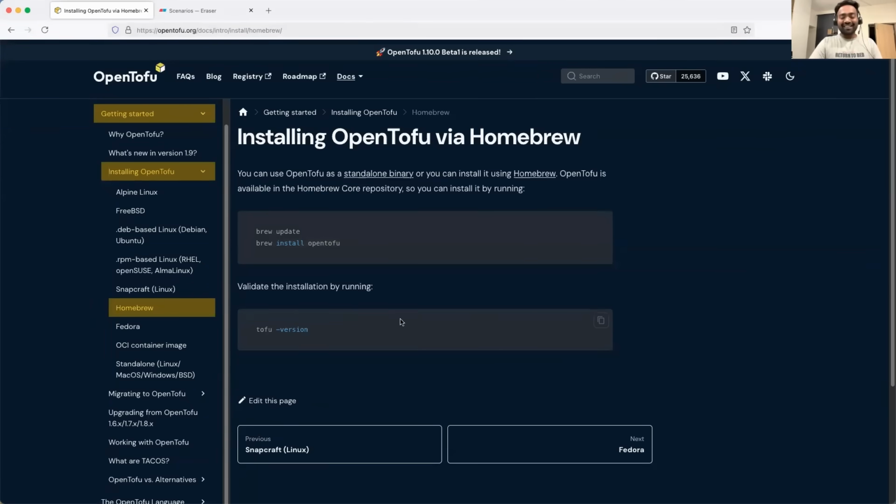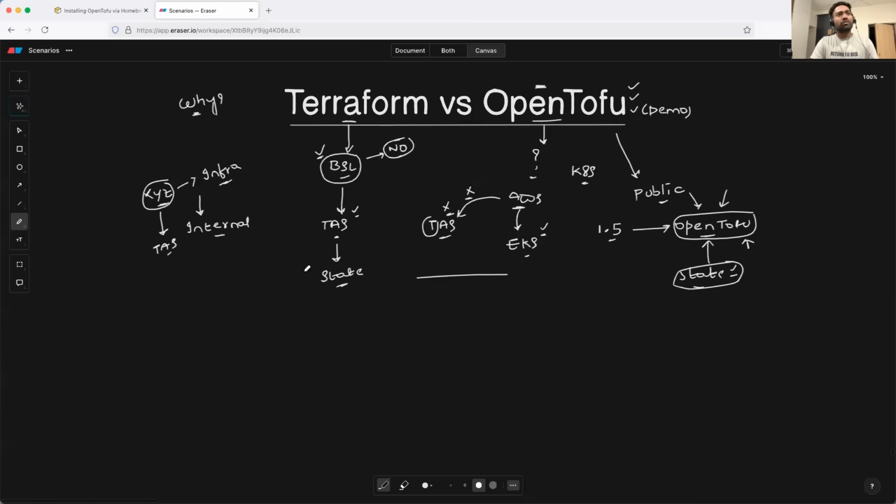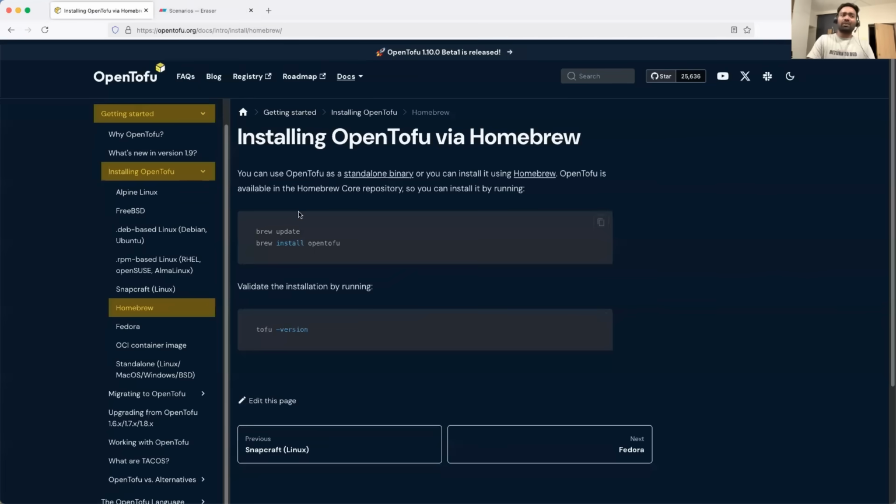This means you can continue to use your existing HCL files if you decide to move from Terraform to Tofu. Of course, eventually you might have to update that, because with Tofu you can use Terraform providers, but the best practice is to use the Tofu providers. They have a registry with a mirror of Terraform providers and also their own providers.